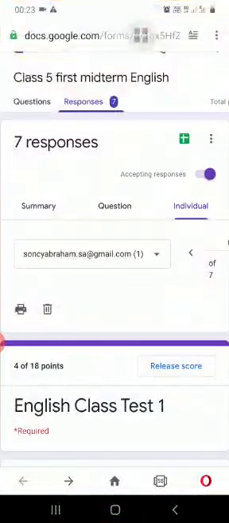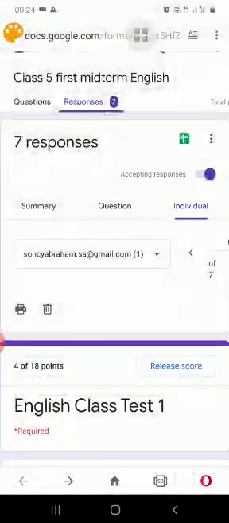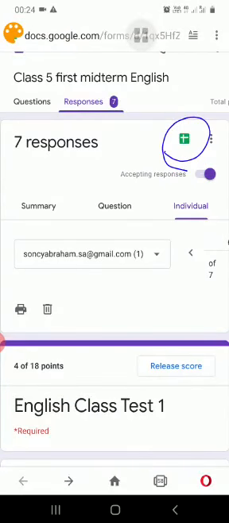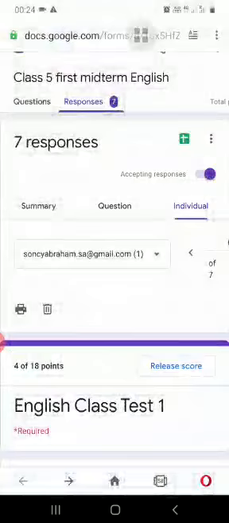Now we'll again go back to the responses. Okay, so now distribution of the answer paper is also done. Now what we have to do? We have to write the mark list. So we will not be writing over here. Instead, we will be generating a mark list. For that, we will click on this green button over there. Now actually that is to generate a spreadsheet. Okay, so I'll just show you that. So I'll click on that,